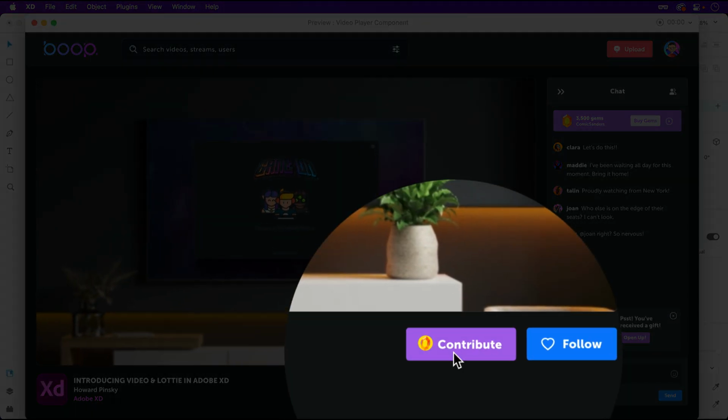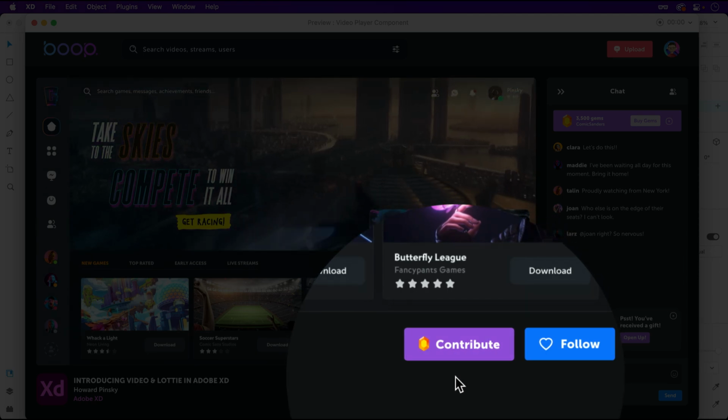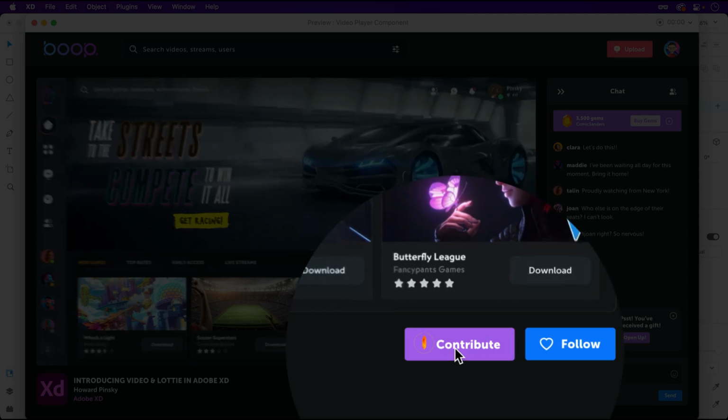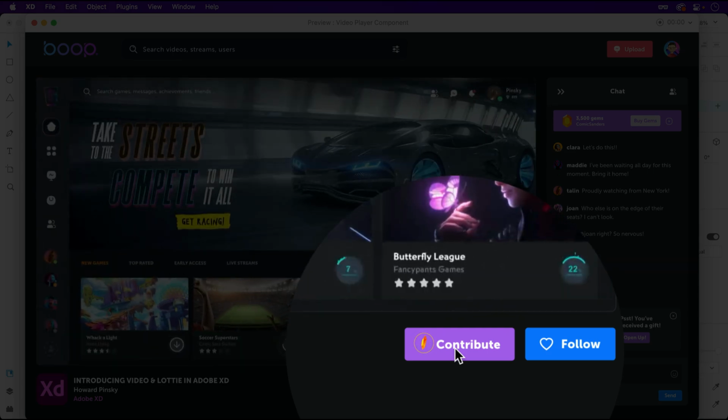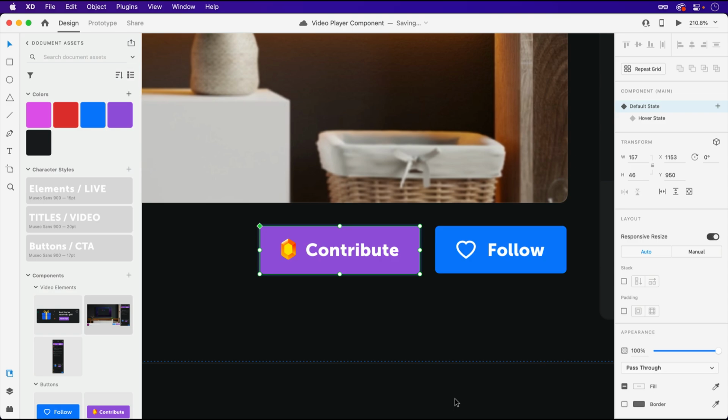Initially, we'll see our static button, but once a hover takes place, the button lights up and the animation kicks off. Now, what you may notice is that the hover takes a split second to spring into action. This is due to auto-animate, which is the default action type for these states.